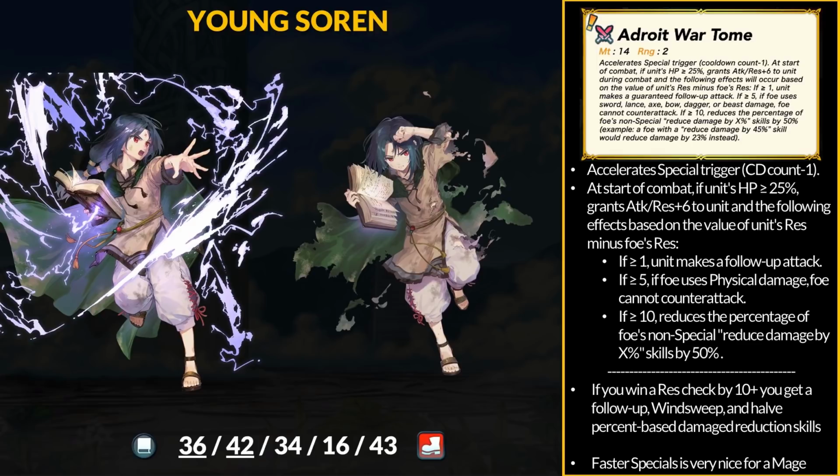Soren ideally wants to have 10 or more res than the enemy, and this should include all in-combat res buffs. If this happens, he can prevent counterattacks from physical damage foes, which is extremely important for a 16 defense unit. He can even get a follow-up attack, which can offset wary fighter skills, and then Soren has enough speed to naturally double those really slow tanks. This means you don't necessarily have to run no follow-up, and faster units have to deal with the free double